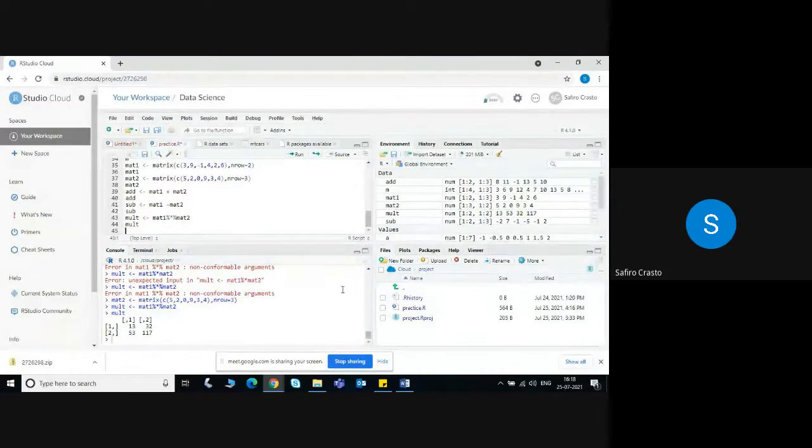So that was the problem. We need to be careful while doing matrix multiplication because the rule says the number of columns of the first matrix must be equal to the number of rows of the second. If the dimensions do not match, it will not be able to multiply. Okay, so this was about the matrices. Let's now quickly see the list object.